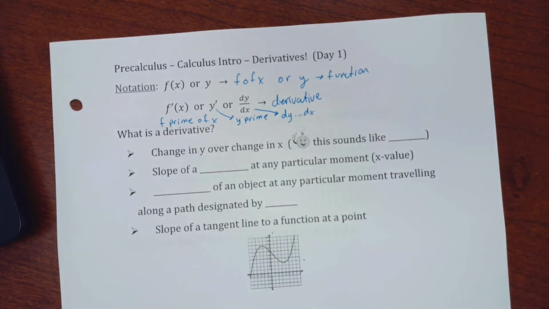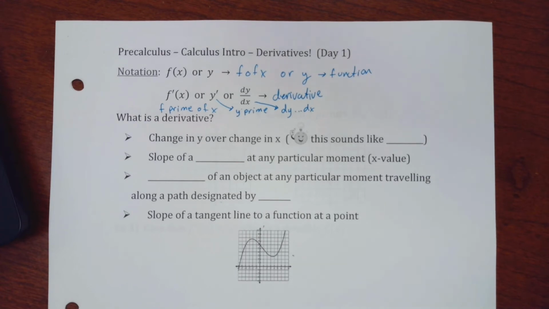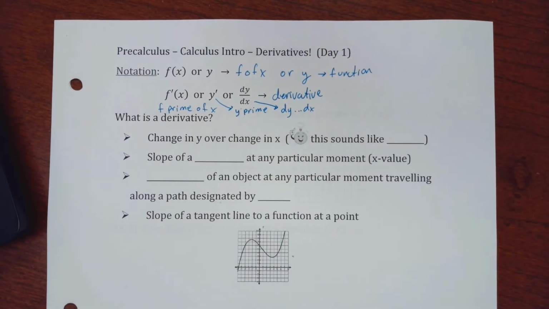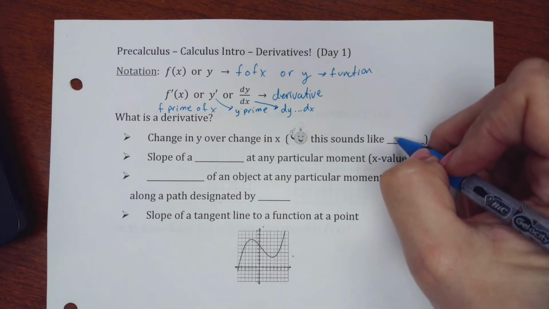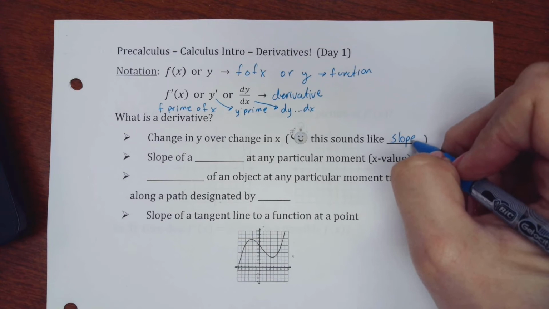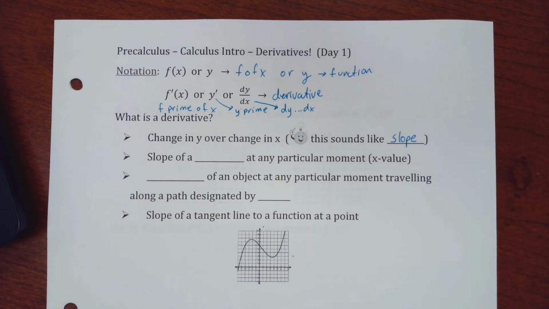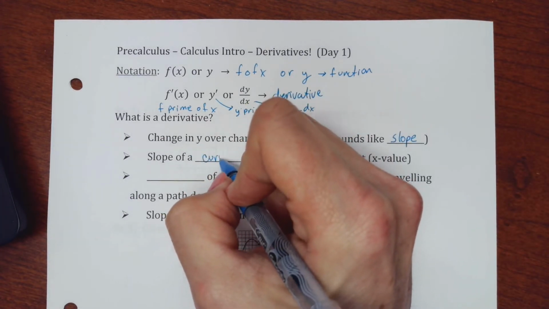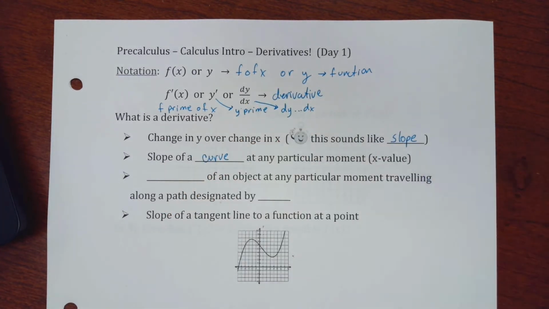Now, if you watched the video, you saw a little bit about what the derivative means and all these different ways that you can do it. So it's the change in y over the change in x. So basically, it's the slope of a function at a particular moment. It's the slope of a curve at any particular moment, any particular x value. And for an object at any particular moment traveling on a path,